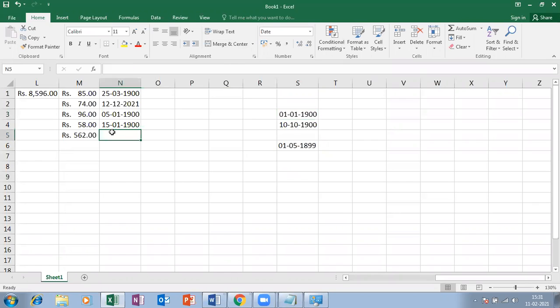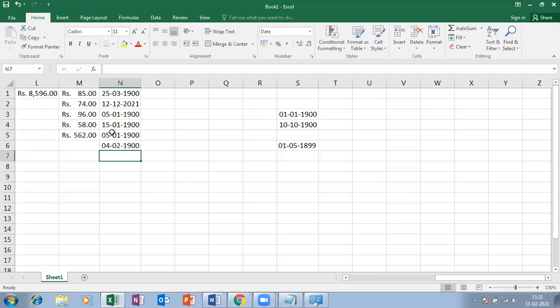That's why if I give 5, it means 5th January 1900. And if I give 35, it says 4th of the second month. So 1 month is over, 31 days, and the remaining 4 days are in the second month, 1900.